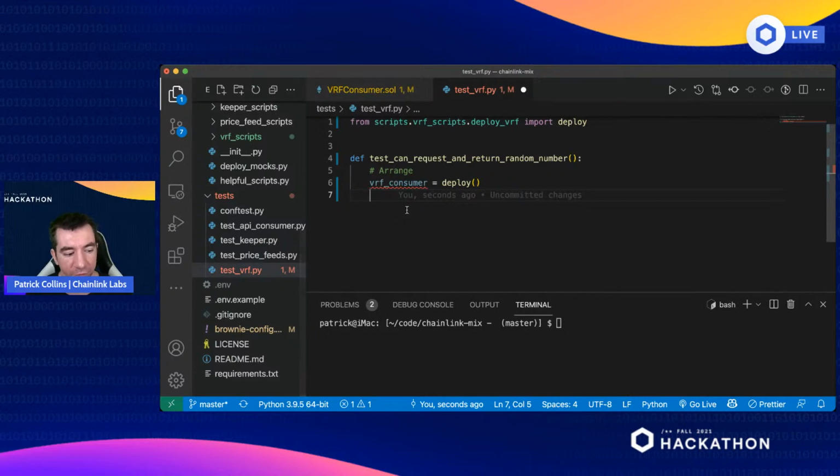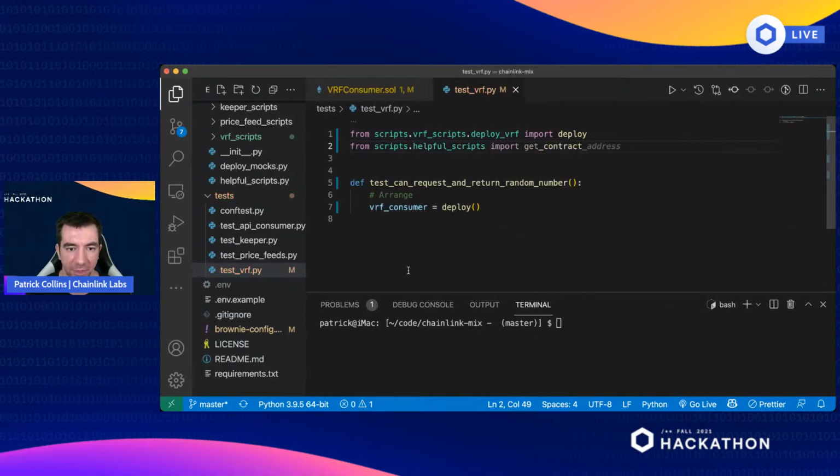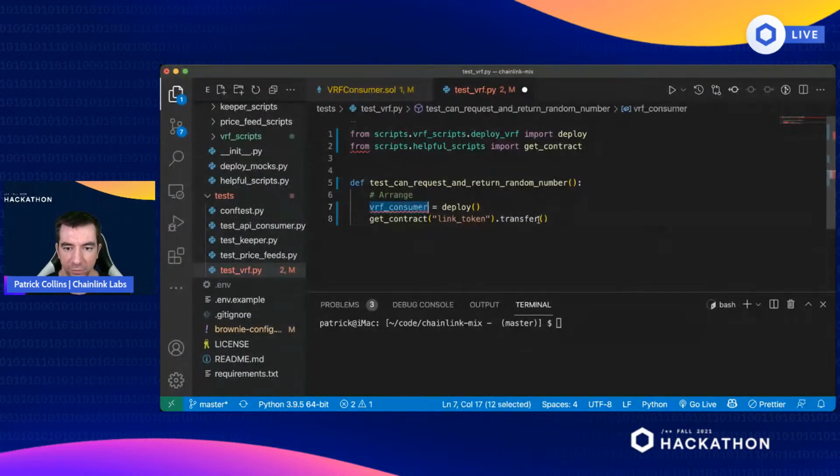Now, to get a random number, the first thing we need to do is transfer some LINK token. So the other helpful thing about that get contract script that I was showing you is we can use it to get our mocks and get that instance of that contract. So we're going to do from scripts.helpful_scripts import get_contract. And to send our address here some LINK token, we can just say get_contract link_token, which will return us the Chainlink token, and we'll just say transfer VRF Consumer address,